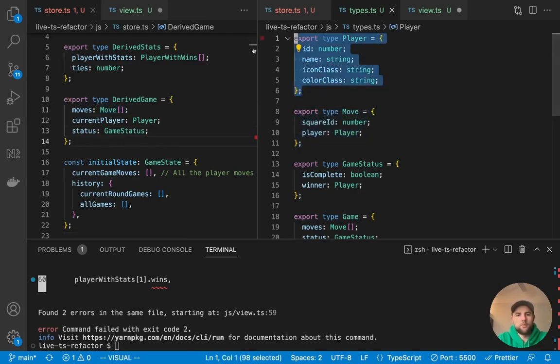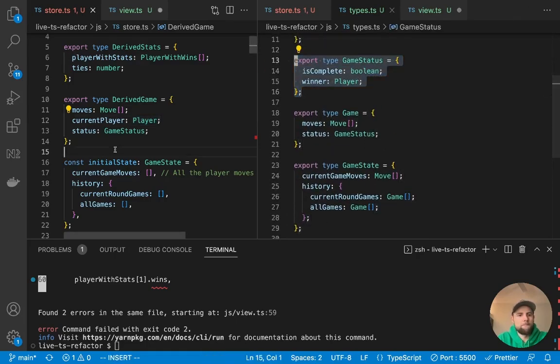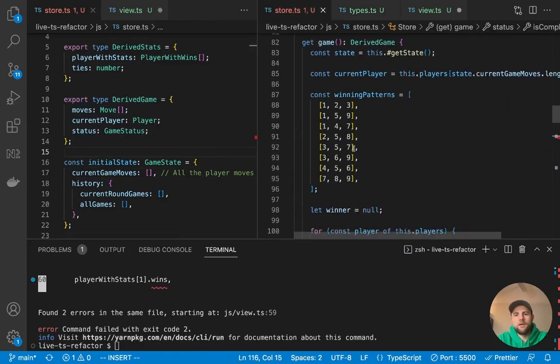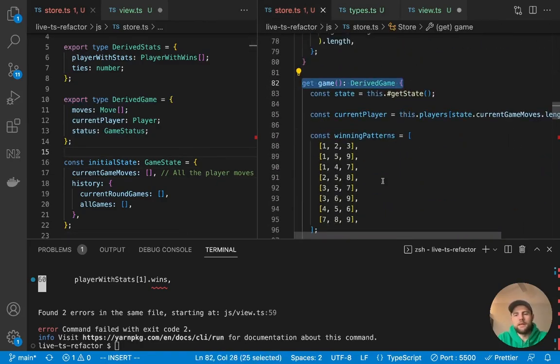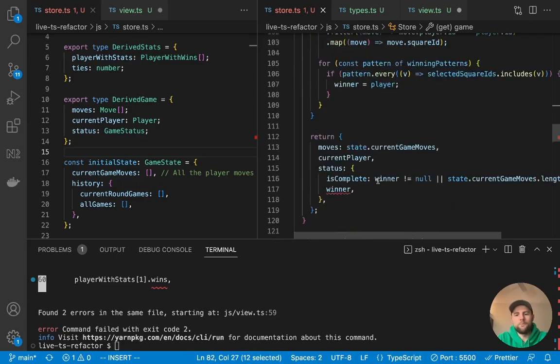We had the player type right here, so we defined it here. And then we had the game status right here, which we passed to status. So using these types, we composed a derived game, which is returned from this game getter method. We've explicitly typed that as well.